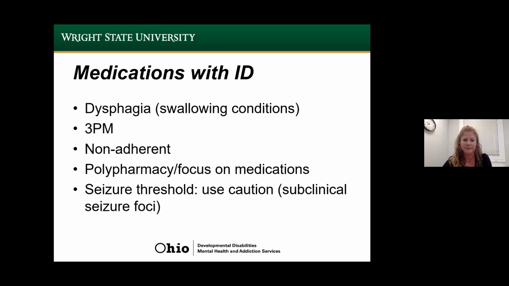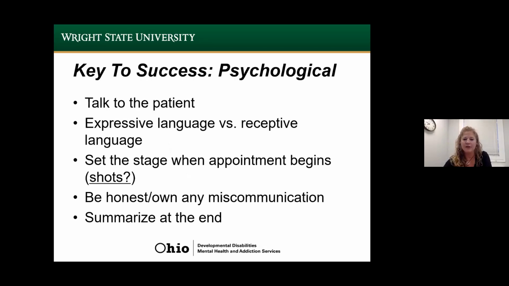Next slide, please. So the second category is the psychological category. I know "talk to the patient" sounds very simplistic, but often I have patients in my office that will come in and don't expect me to talk to them directly. They've had other experiences or they have a collateral data source accompanying them to the appointment. They may just expect the clinician to talk directly to the collateral data source and not include them in the conversation. And so we always want to make sure we include the patient in the conversation, and we talk to the patient first and we address that individual.